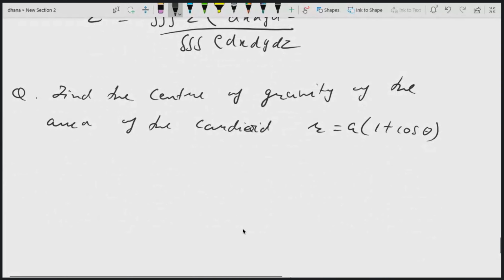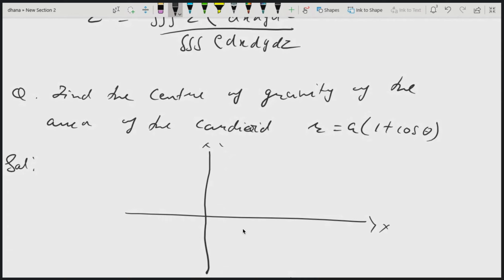So by now all of you know what this cardioid is and how it looks. Here, since this is not an iPad, I can't draw a straight line with this one. This is the x-axis, this is the y-axis. So this is a cardioid, on which axis will the major portion be? X-axis, and on the negative or positive x-axis? Positive x-axis. That means this cardioid is something like this.